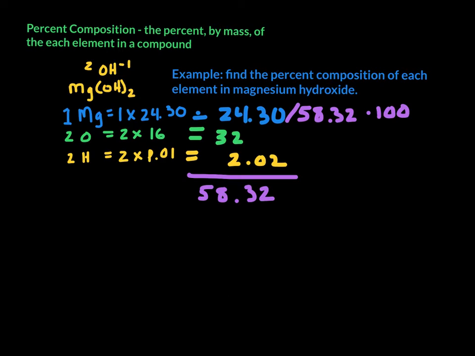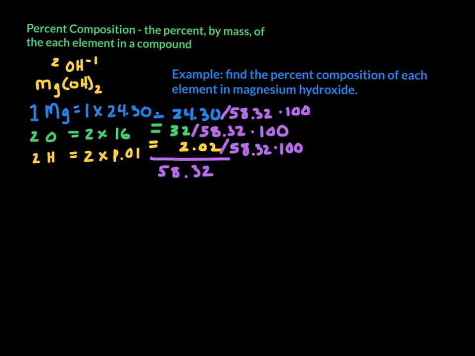We're going to do the same thing for the oxygen, as well as the hydrogen. Okay, so now we literally take 24.30 divided by 58.32 times 100, because in order to get a percentage, you have to multiply the decimal by 100, right? When we do this, we get a percentage of